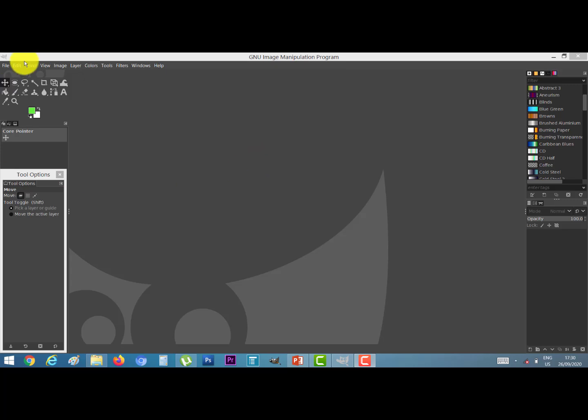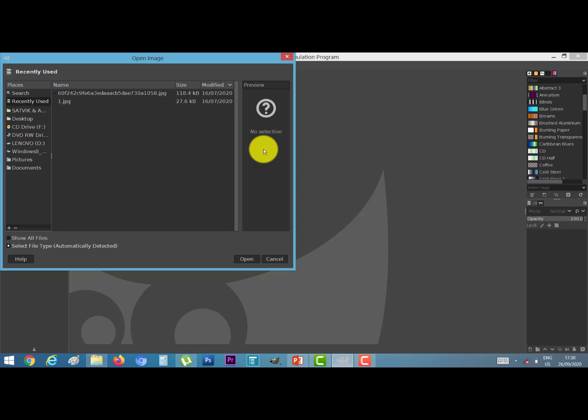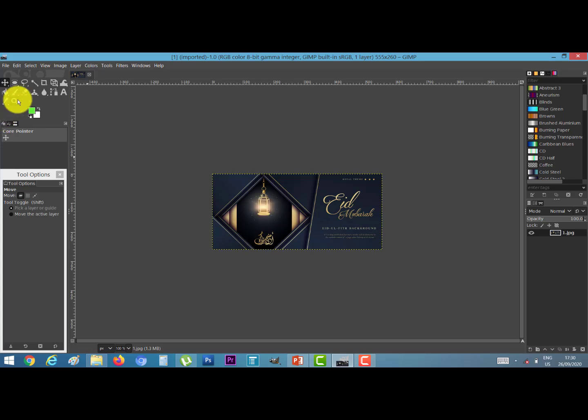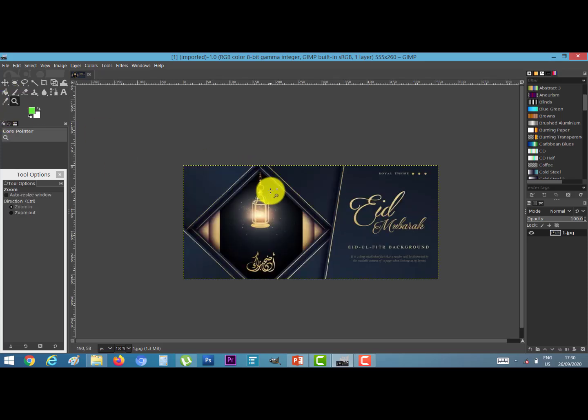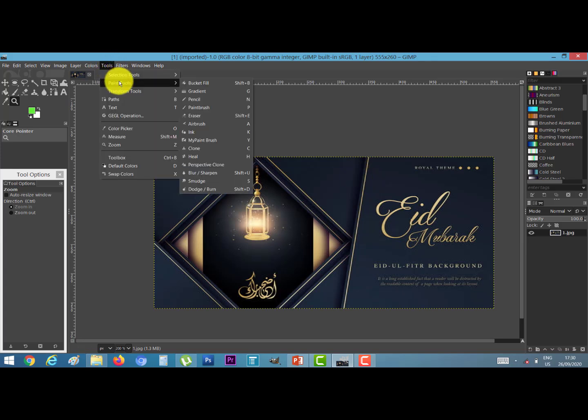Open your software, go to the file menu, open and open an image. Suppose I open the image. Now go to tools option, paint tools, and go to blur and sharpen.